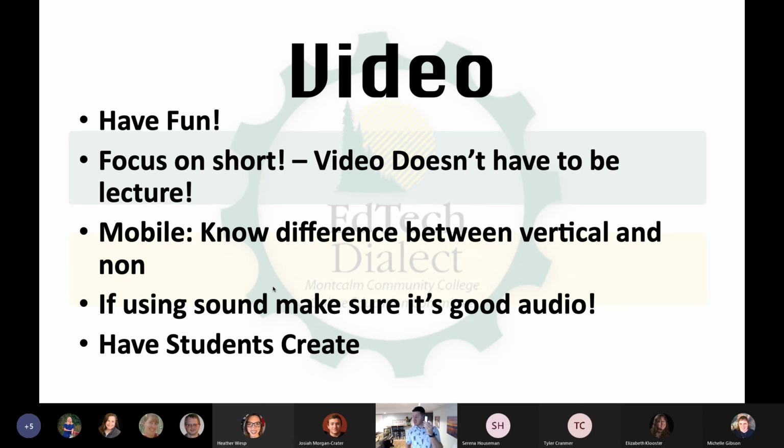Your mobile device is a great tool for creating video. And you can access your Canvas Studio with that if you're an instructor. You can access Stream with that. You can save it to your OneDrive. There's lots of options for your mobile device when it comes to video. If you are recording using sound, it's not a bad idea to get